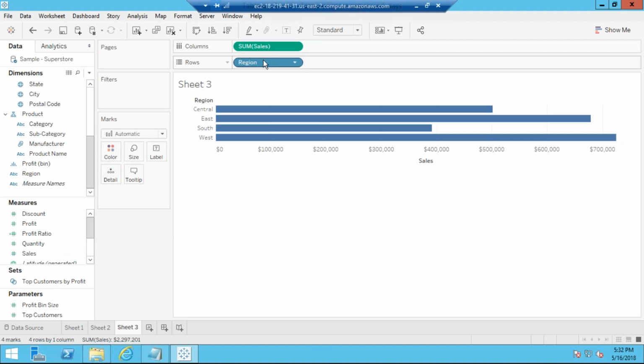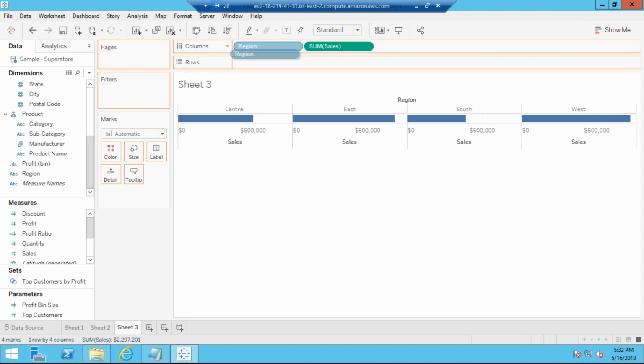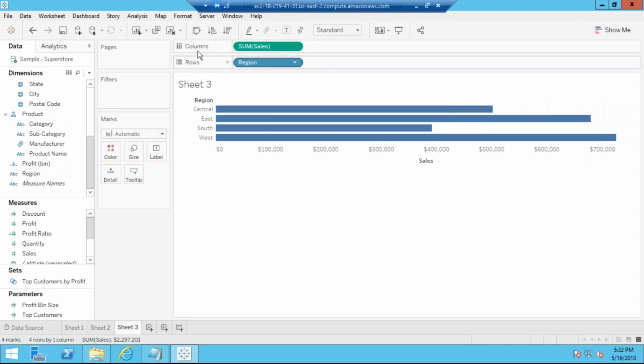So what I want is vertical bars. So I'll just drop it here, or you can use this option also. That's why I'm telling you again and again, it is not convenient to interchange these positions.